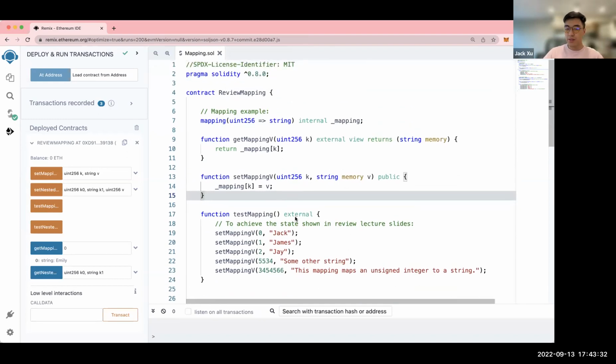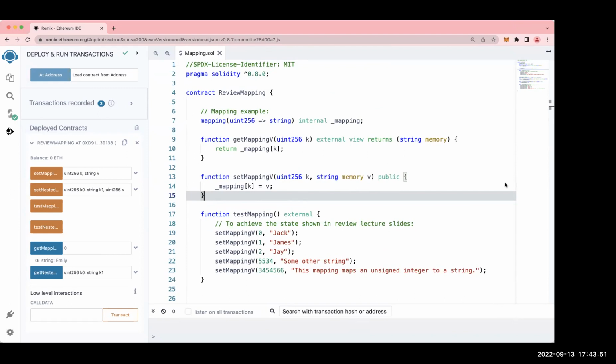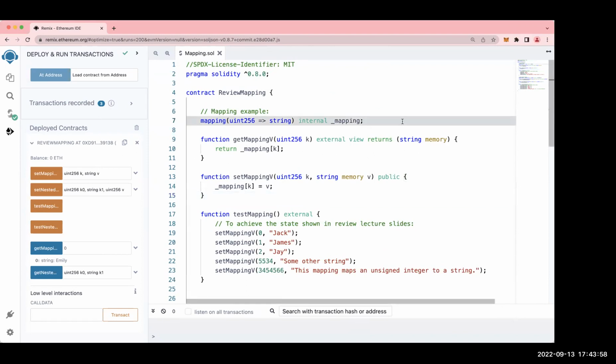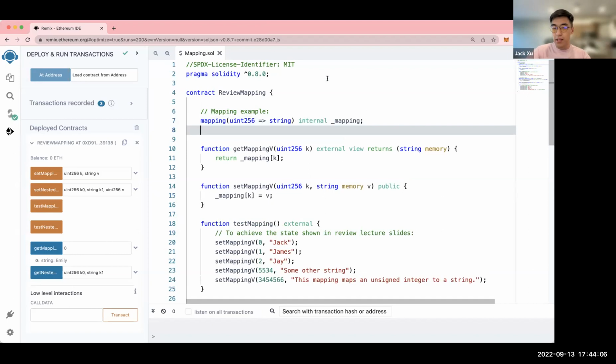All right. Any other questions so far? Is the syntax at line number 7 always how you initialize or create a mapping, where the name of the mapping is at the end? Yeah, this is the same across all the variables.